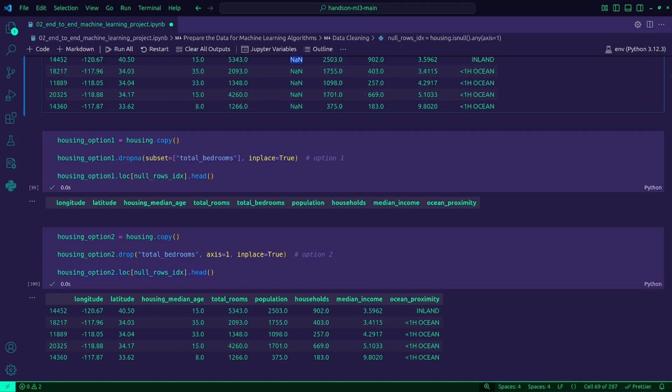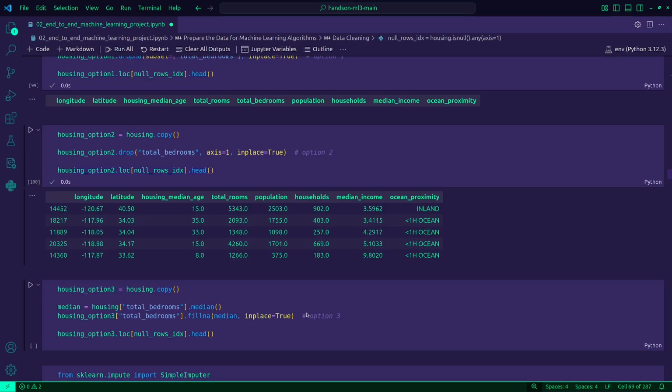Maybe also if we want to simplify our model, when a column is not strongly correlated, or maybe it's redundant. So let's see the third option.